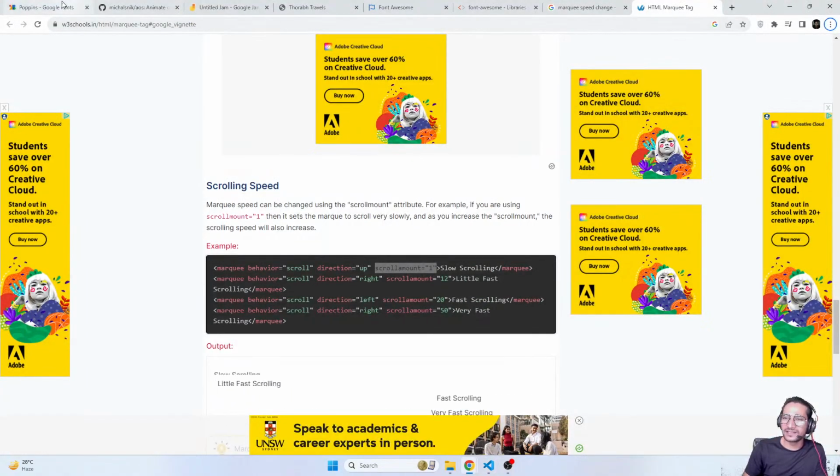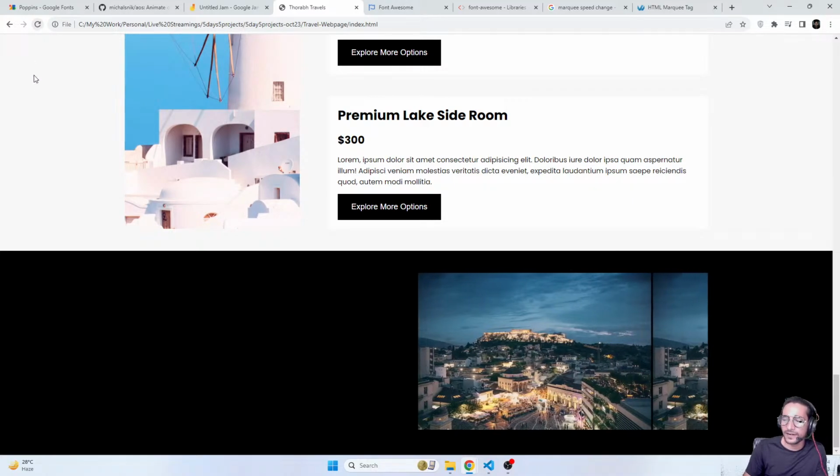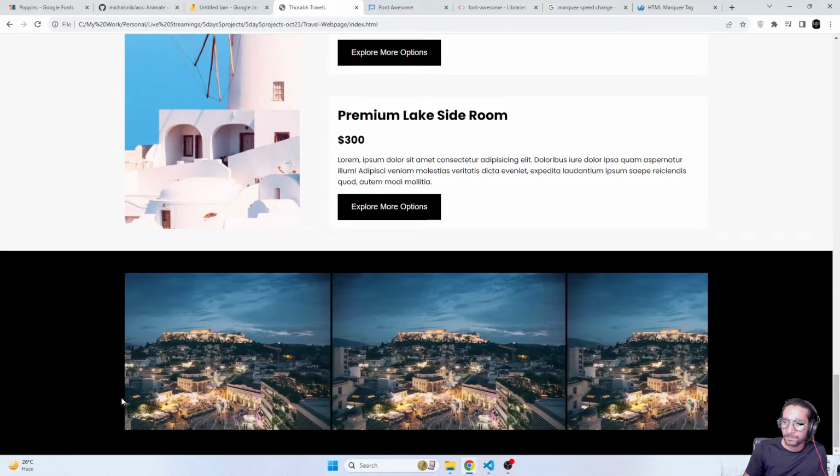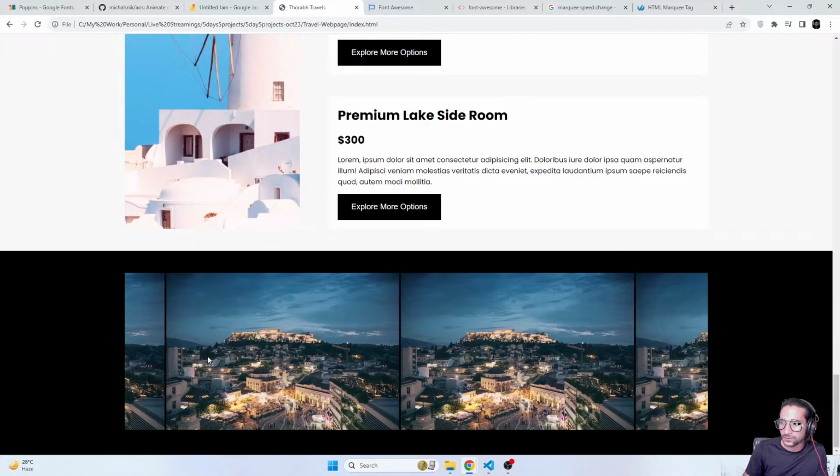But I think the direction will just change the direction, right? Like where it is going. It is still left because by default it's left only, right? By default it's left only, correct? It's left by default. So